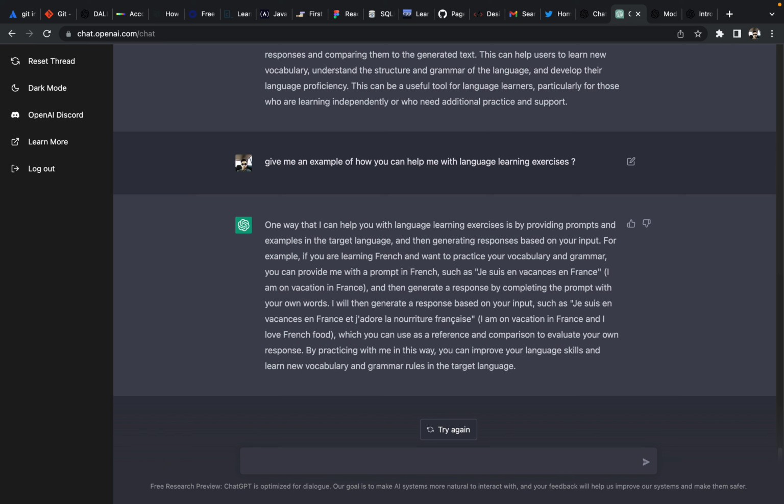Okay, so if you are learning French and want to practice your vocabulary and grammar, you can provide me with a prompt in French. So I'll provide a prompt. Well, this is the prompt that I will provide to ChatGPT, and then generate a response by completing the prompt with your own words. I will then generate a response based on your input, such as, and then this I will enter, and then it will give me some reply